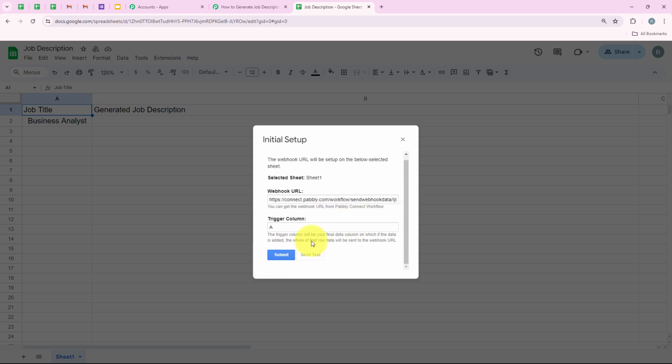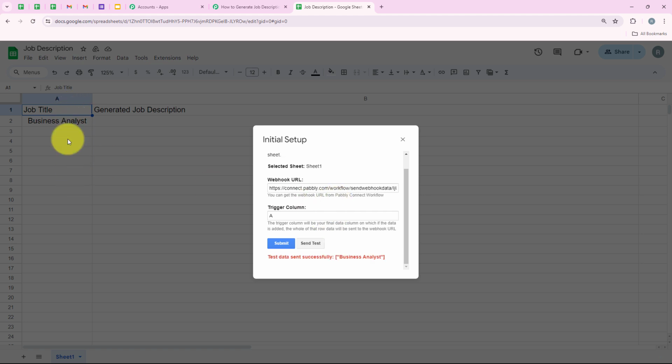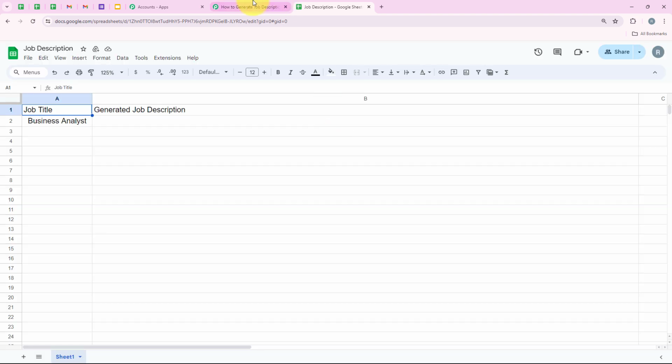So now I'm going to click on send test because I want to send this test data to my workflow. And yes, you can see test data sent successfully, business analyst. So I'm going back to my workflow and we are going to check if we have received the response or not. But before doing this, we are going to go on extensions and then again Pabbly Connect